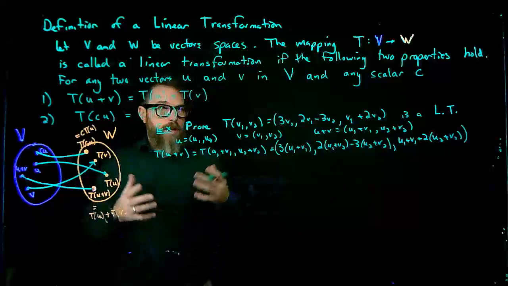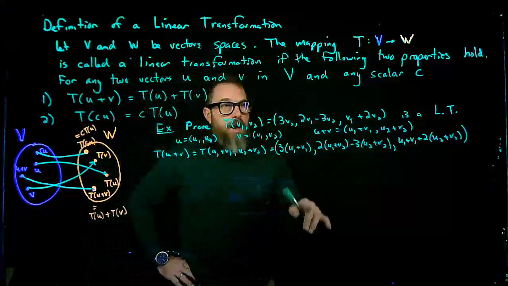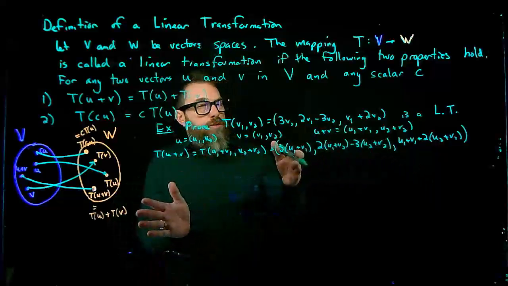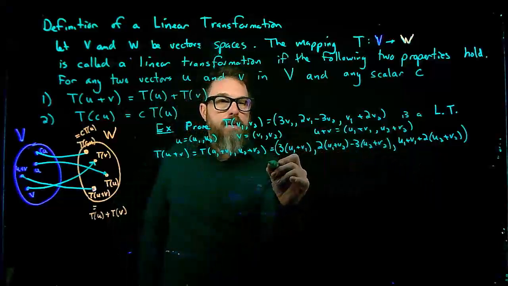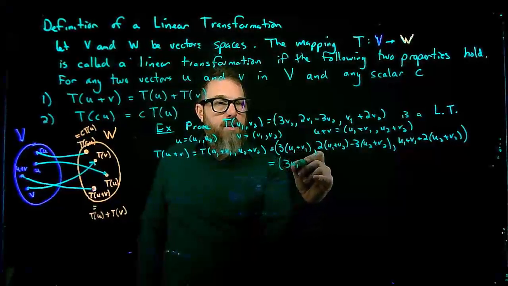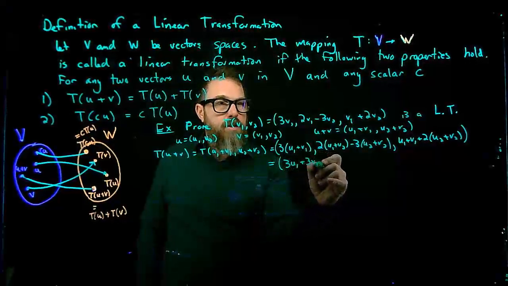Now what I'm going to do is algebraically simplify this by getting rid of the parentheses first, and then I'm going to try to write all the u's first and then the v's second. Let's do it one at a time. I don't want too many explanations that make it confusing. So here, first parentheses,